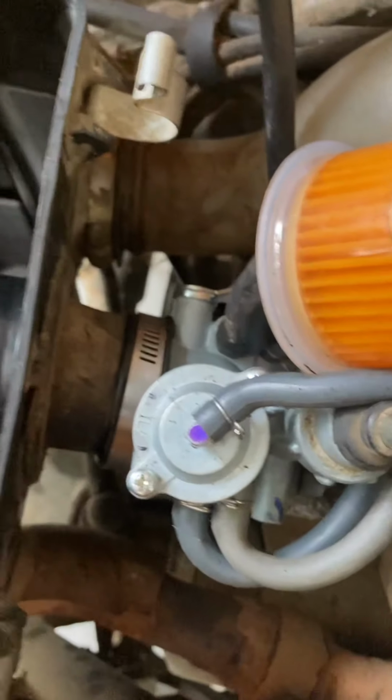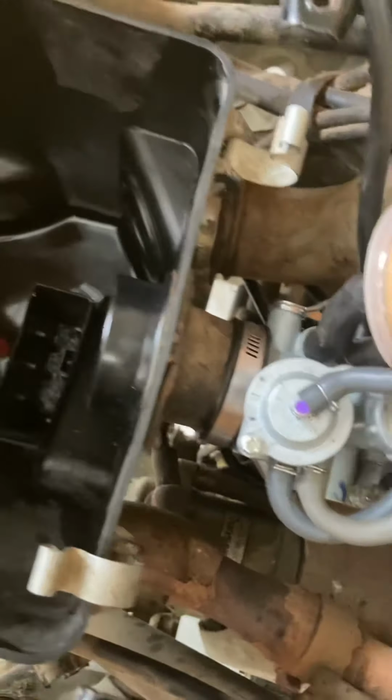Connected it back up to my breather box. I'm going to put the filter back in here soon. Got to clean some of that old gas out of there. I'm going to put my new filter back in, put the top back on. I'm letting the battery charge a little bit too. And anyway, it should be done. So this is that old Honda